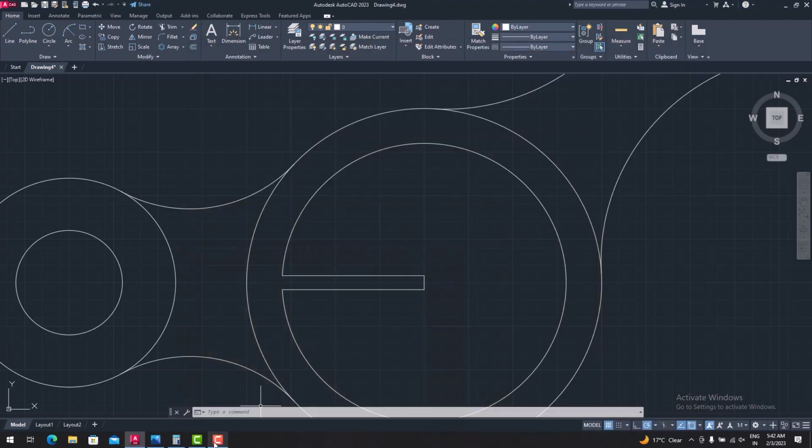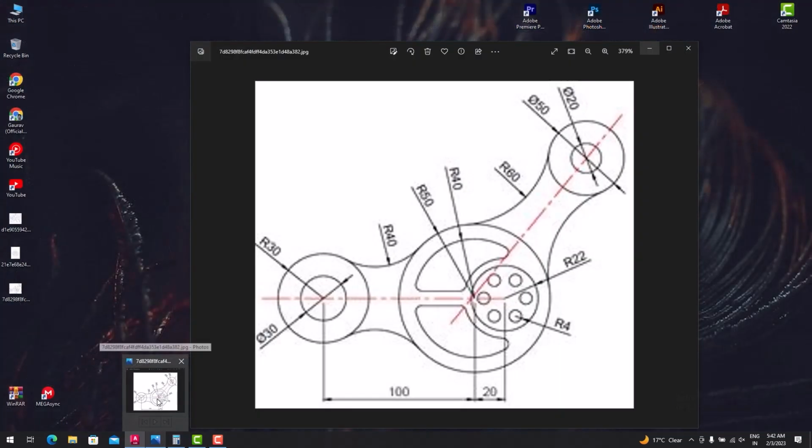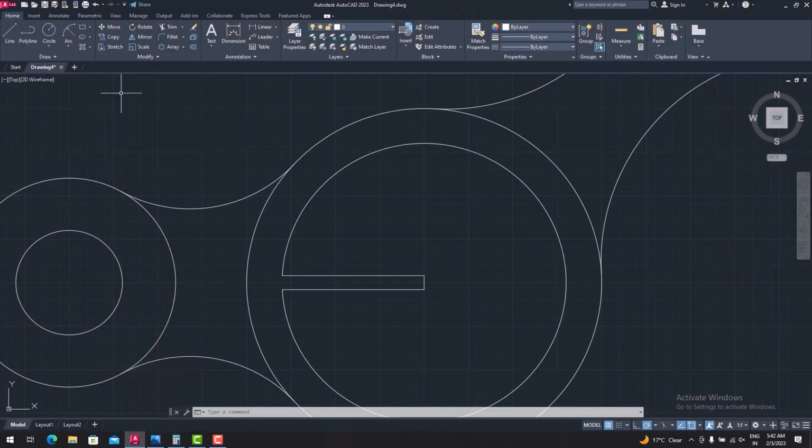So take this point, sorry, you have to make a circle for that. So 120, okay, rough radius 22. So take that circle from this point